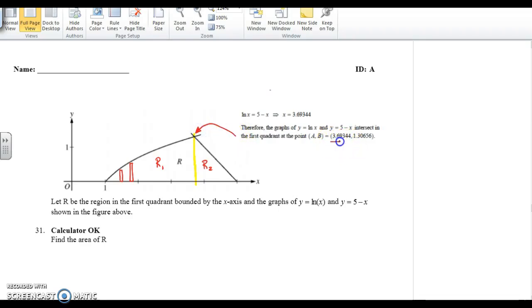This is what the AP board put on their key to that many decimal points. You don't need to show that many, but you have to show at least 3 decimal points. And you can also call this A and call this B for later in your work. That's what I'll do. So my first integral would run from 1 to point A, which is